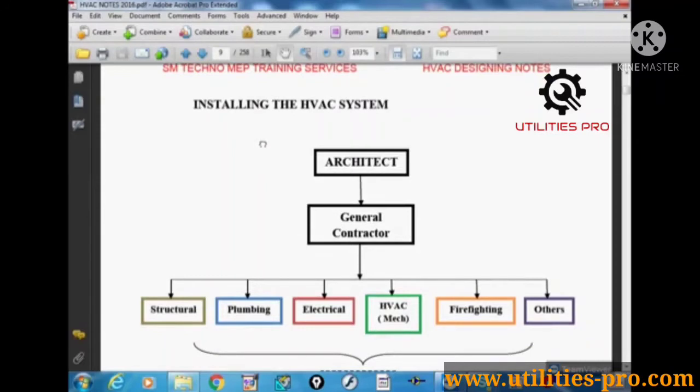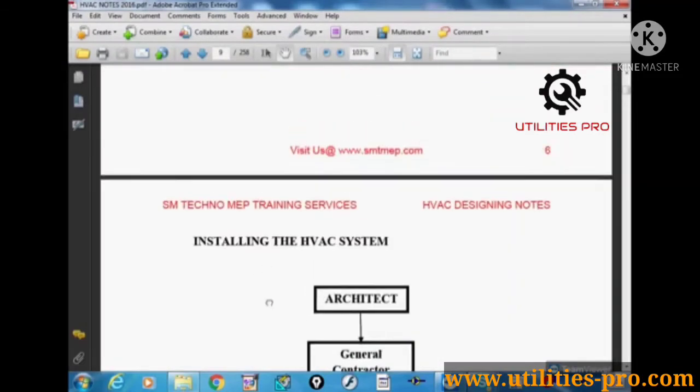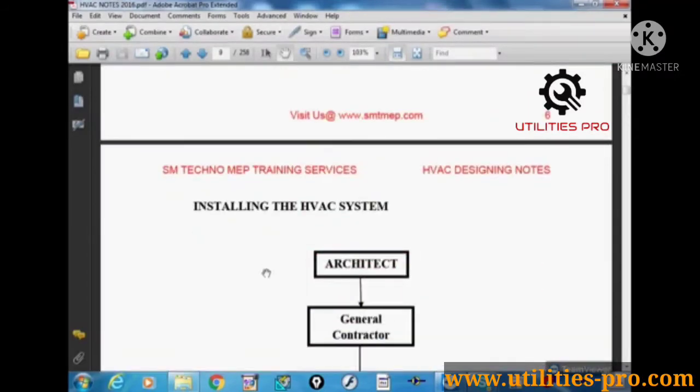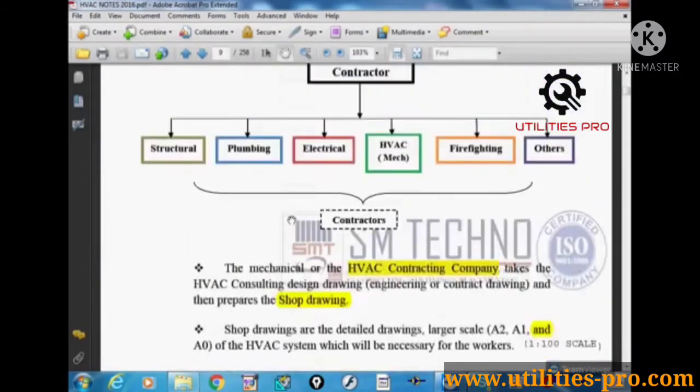But again, in the installation sequence, the order is important. Simply, as a mechanical engineer, you cannot start work on site for installation without preparing an important drawing called the shop drawing. So before starting this, I'll give you the list of drawings. You can write here. It's not in the notes.